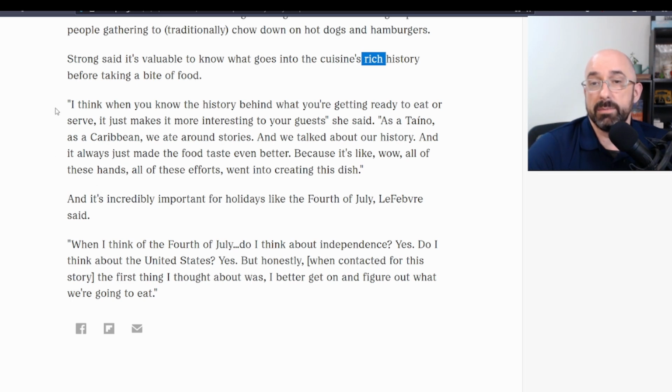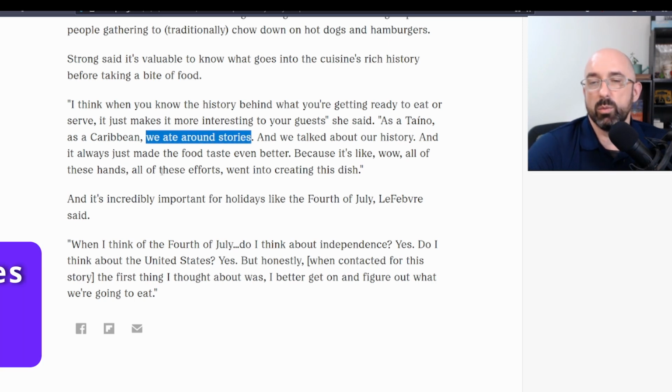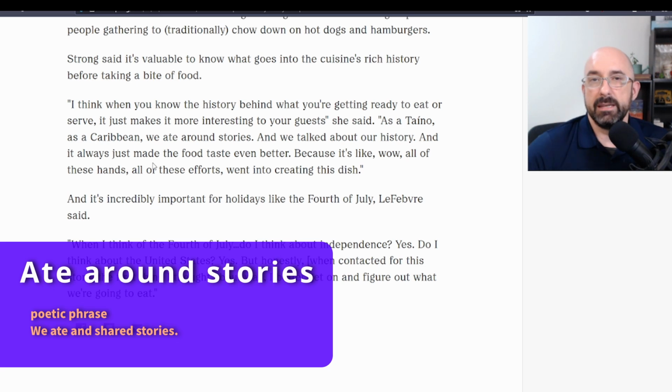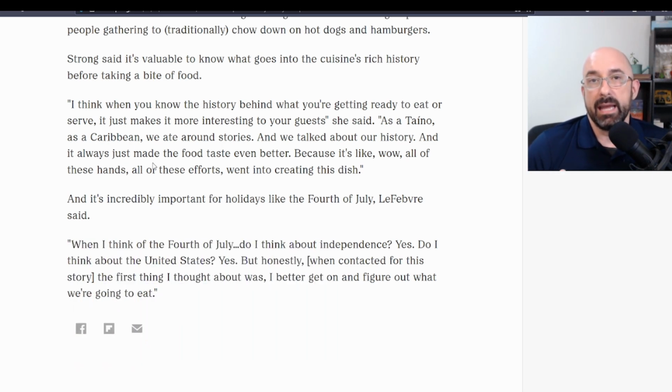So this is what I was talking about. When you know the history behind what you're getting ready to eat or serve, so eat or serve, two verbs here, it just makes it more interesting to your guests. She's saying, as a Taino, we ate around stories. So this is an odd sort of phrase, but what this person is saying here is they didn't eat around them. We ate around stories. That means stories were being told as they ate food, right? As they talked amongst each other, as they shared their day, that's when they ate,